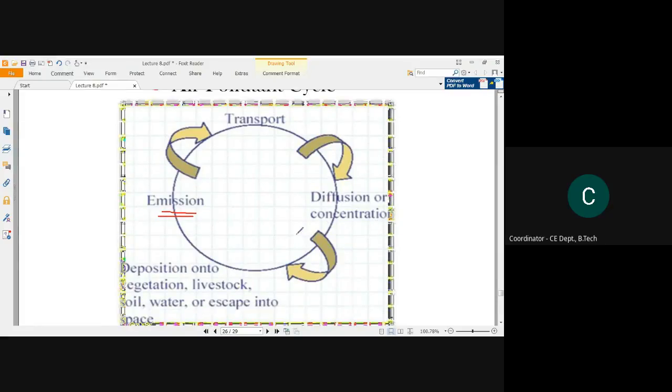Okay, and the next part, the rest of the part which is not diffused or concentrated, deposits onto the vegetation, meaning the farming vegetation we tend to eat in our daily life. The livestock, meaning the excreta from the animal farming. These are the excreta, as well as the vegetation which are left behind for the animal food industry. Let me just explain that livestock is जैसे कि हम farming में क्या होता है, मतलब